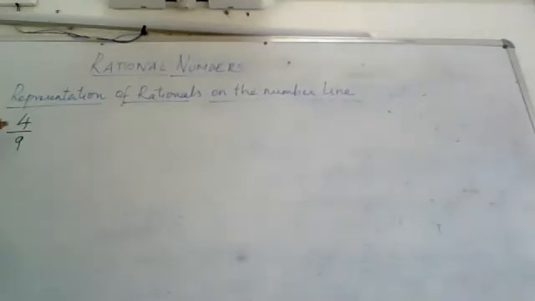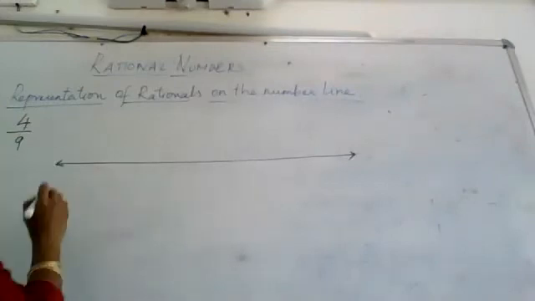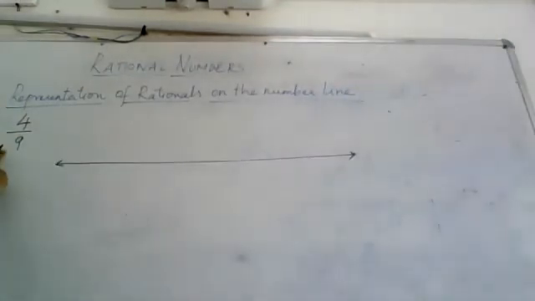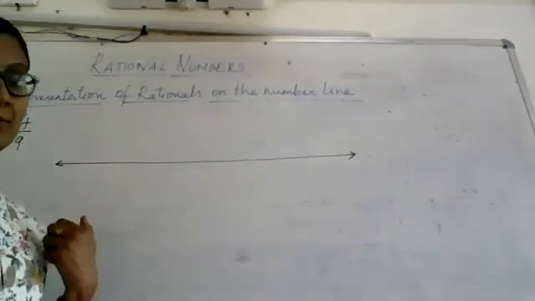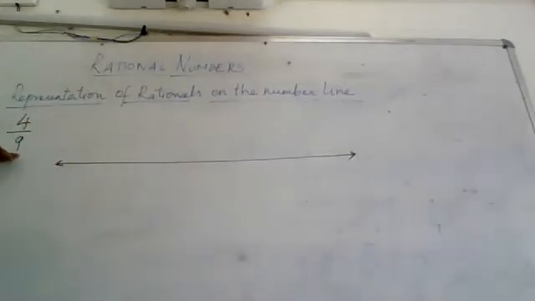That means the numerator is smaller than the denominator. So this will lie between 0 and 1 only. Because it is not a full complete one, it is a proper fraction. So the position of this rational number will be between 0 and 1. So if my number line is to be taken like this, please use your scales and draw the number lines neatly. I know this rational is going to lie between 0 and 1. So next I have to tell how many divisions between 0 and 1 I should make. Now how will you decide how many divisions you have to make? That is by looking at the denominator. Because the whole between 0 and 1 has to be divided into 9 parts. Because it is 4 by 9.